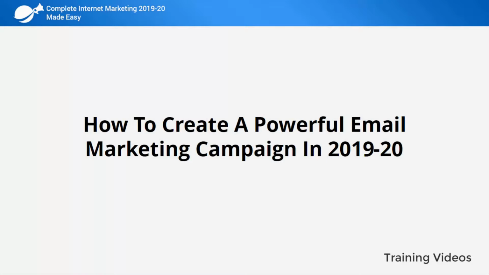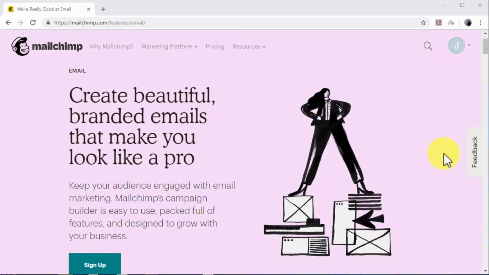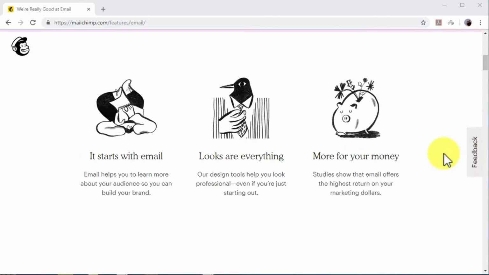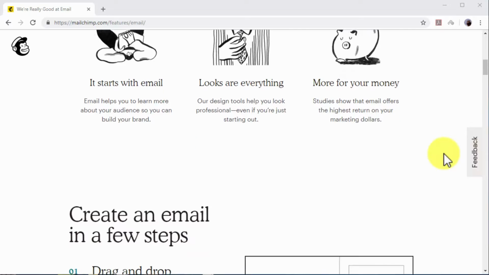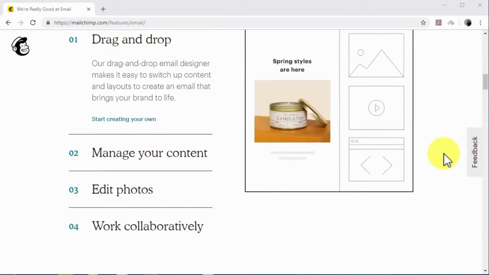How to create a powerful email marketing campaign in 2019 and 2020. No complete internet marketing plan is really complete without an email marketing campaign. Email marketing is still one of the most high-converting and cost-effective online marketing strategies you can implement. With email marketing, you can reach your leads and potential customers right where they're most likely to convert, in their